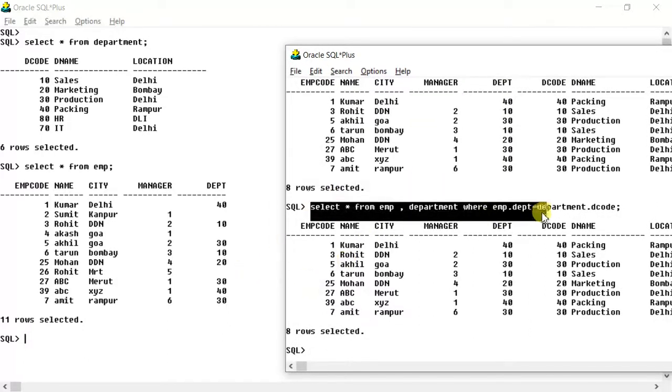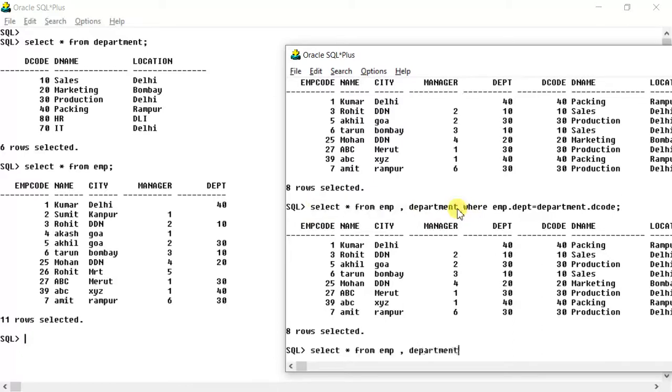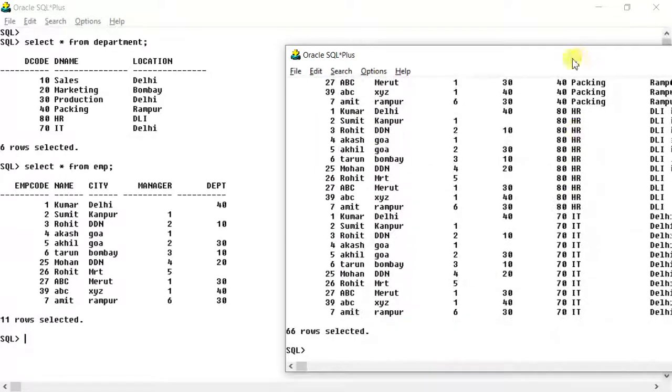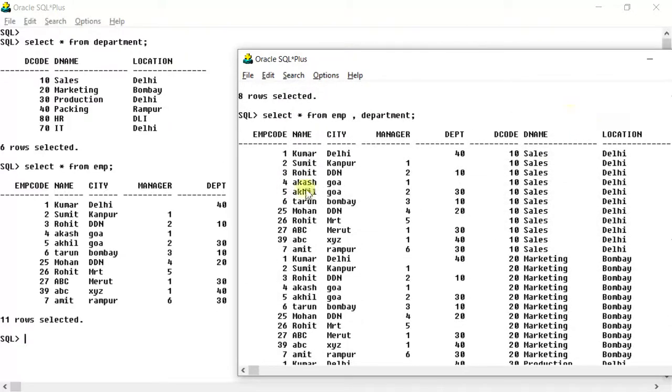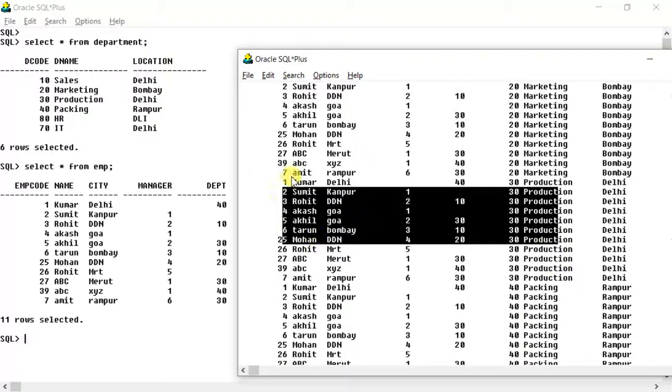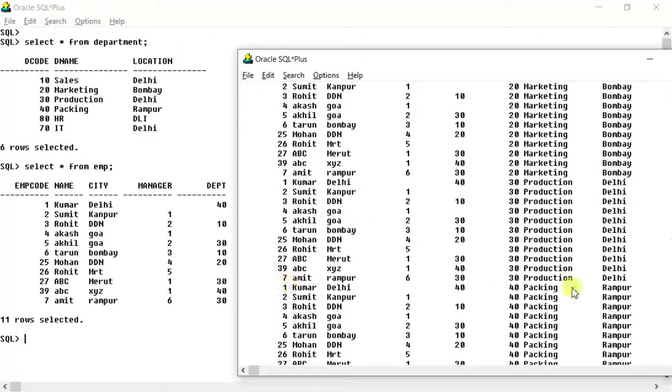We know that when you perform a join, first of all, a Cartesian product is performed. So let us see its Cartesian. Suppose I type only this one, what will happen? This is the example of a Cartesian. This output has come. You can very well see what the output is. One Kumar is paired with 10, 20, 30, 40, all. You can see one Kumar is paired with 10, one Kumar with 20, one Kumar with 30, one Kumar with 40, and so on.